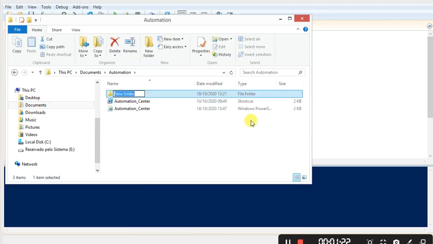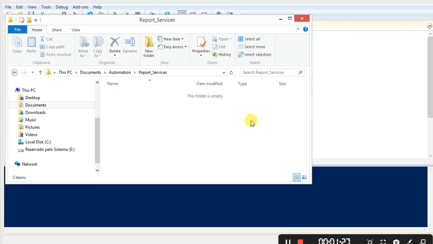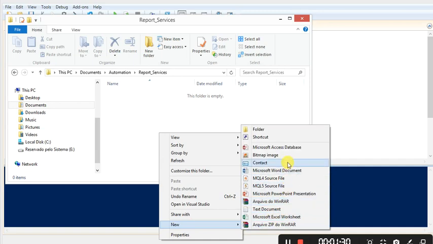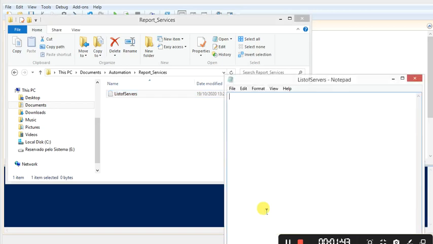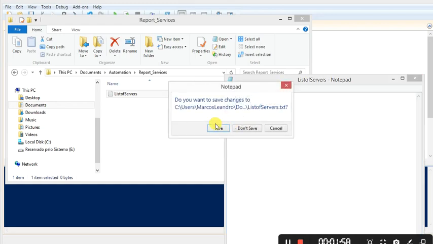Okay, here I will say report services. And here I will create the file, and I am calling this file list of servers. Okay, and here already going to feed as localhost and the server which does not exist, so that we can treat some errors that we will get. Okay, so I'll save the file,